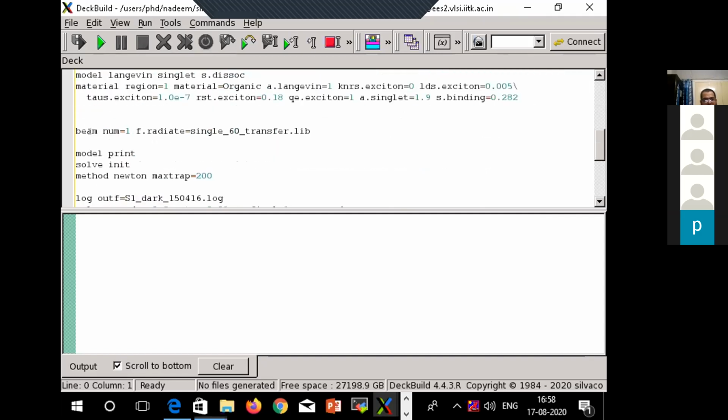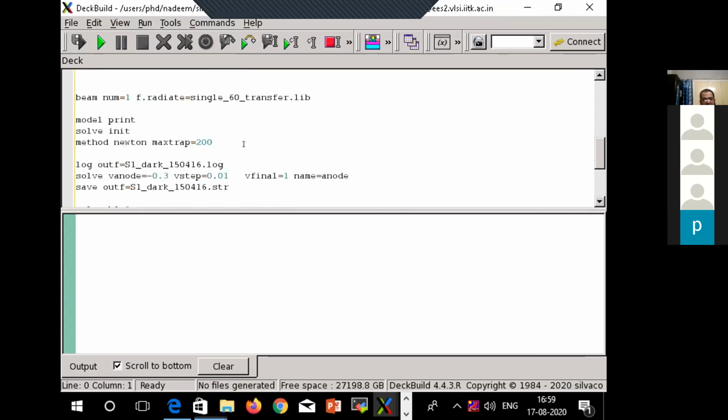And also we have a beam statement. So here what will happen is that the light will be shone on the semiconductor sample, and how it will be shone, here one file has been invoked. So here is the application of the C interpreter function. There is a file created which will have a position dependent radiation on the sample. So one can create a file using the C interpreter function, and one can also alter it using their own command, and thus the light dependent simulation will be carried out.